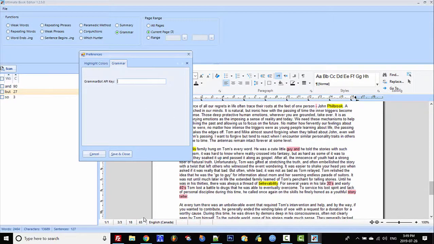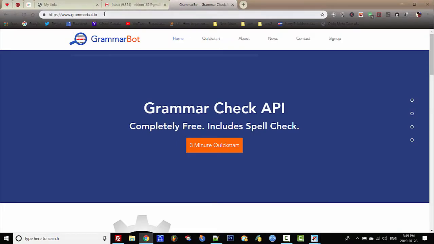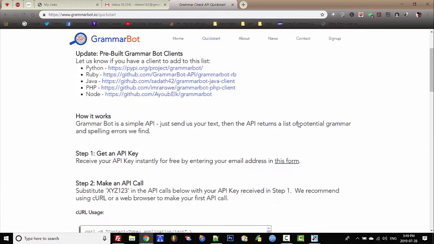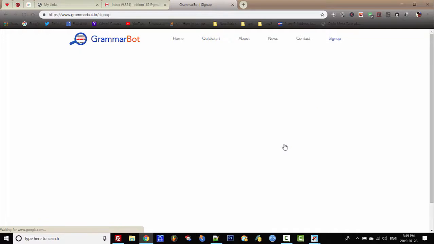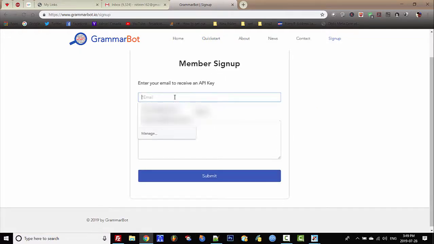All right, so let's go ahead and do that. You go to the browser, and then you go to https://www.grammarbot.io. You go to that site, and then you click on this 3-minute quick start, and then scroll down where it says get an API key. Okay, you need to click on this link here, and then you can type in your email,